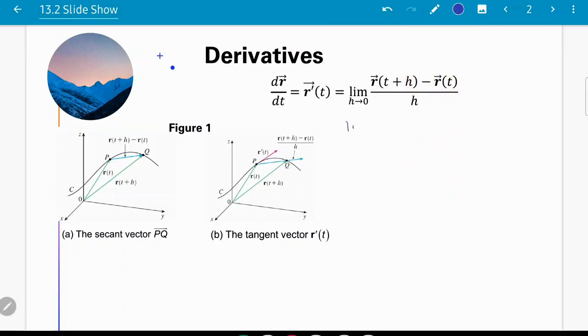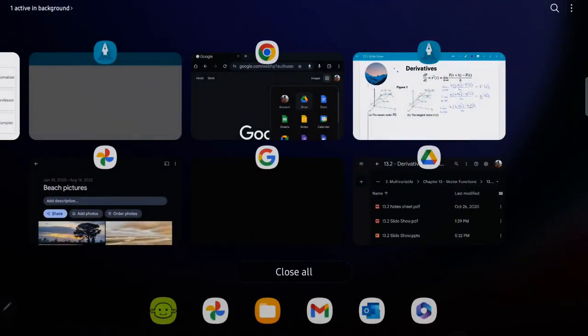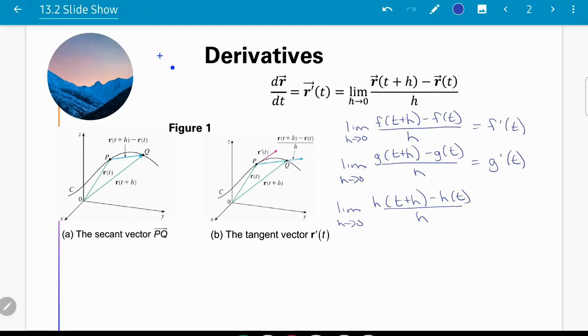And so what that also tells us is that the limit as h goes to 0 of f of t plus h minus f of t all over h would be f prime of t, the limit as h goes to 0 of g of t plus h minus g of t all over h is g prime of t, and the limit as h goes to 0 of h of t plus h minus h of t all over h, I apologize, h goes to 0,